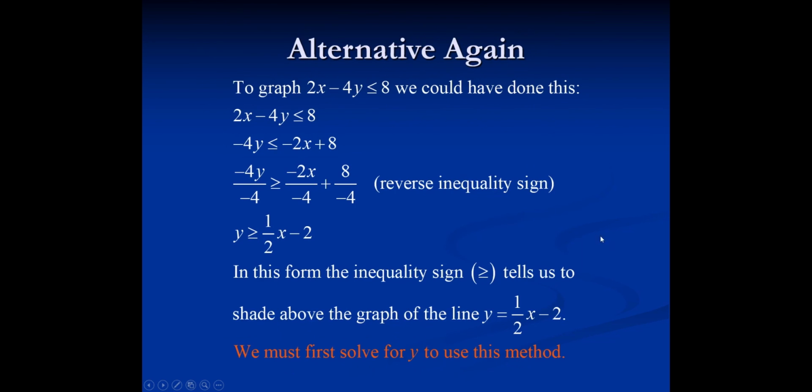And again, the alternative is I could have graphed that by solving for y, and y greater than or equal to 1/2 x minus 2 would have told me how to shade. Of course, you've got to first solve for y to use this method, but that